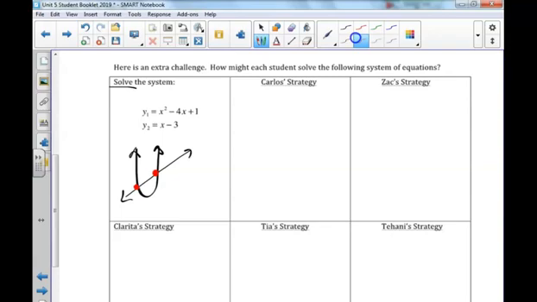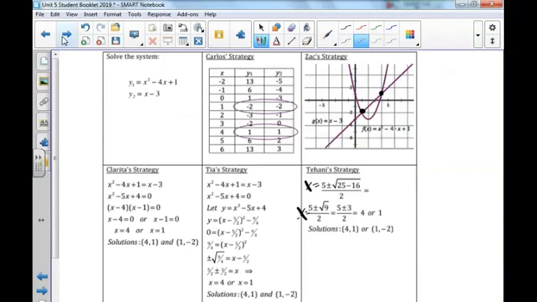We'll first focus on Carlos's strategy, which is to use a table of values. Carlos would be looking to see where the x matches with the same y value. If we look right here, when x is 1, we see that y is negative 2 for both of those values. What I did here to find this table is I actually plotted these two functions in my y